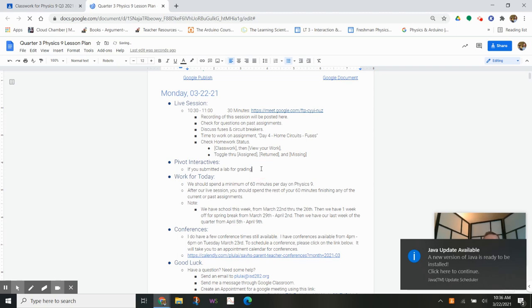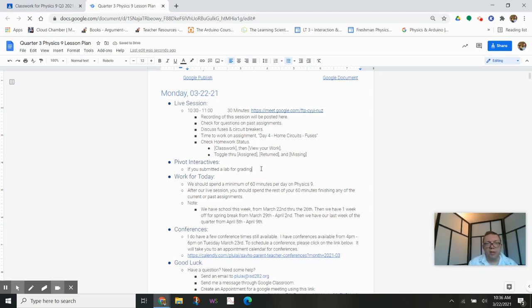So I'm just going to kind of say this out loud while I'm typing this in. The Pivot Interactives lab, you go to that separate website, and there are some different labs and experiments that we've done. Some of them we've just flat out used that PhET simulation for. Some of them we've done some other things with. But if you've submitted a Pivot Interactives assignment for grading and then I've graded it,